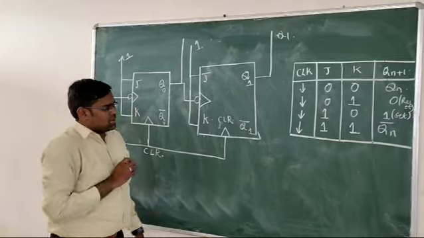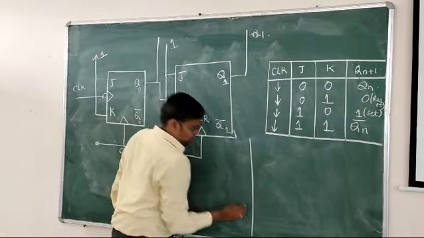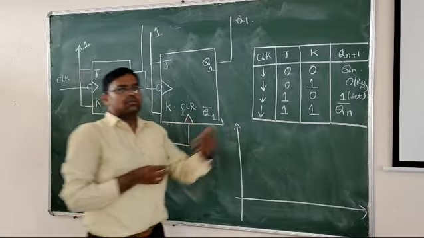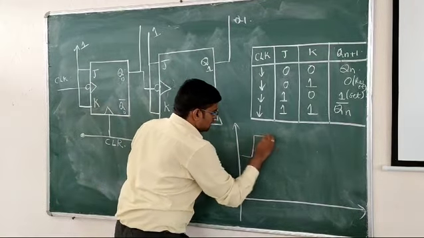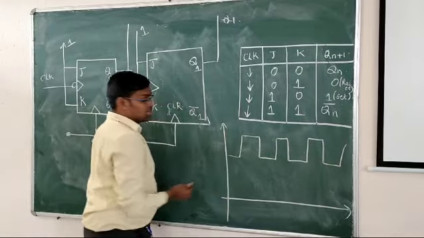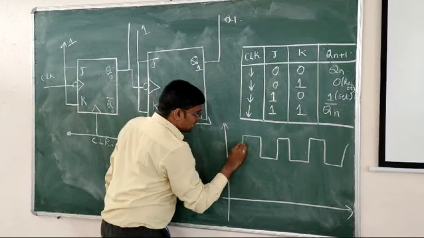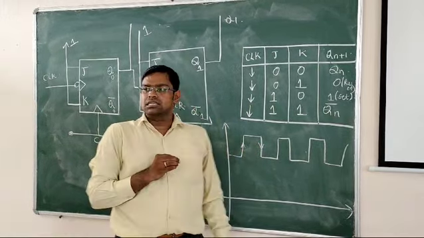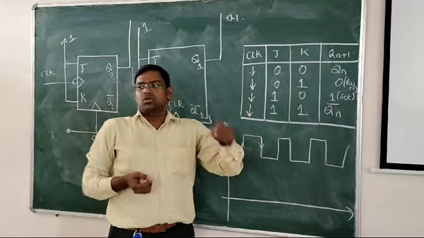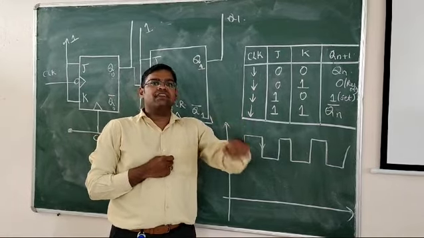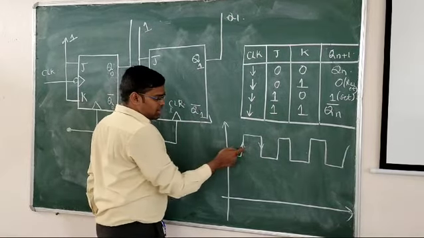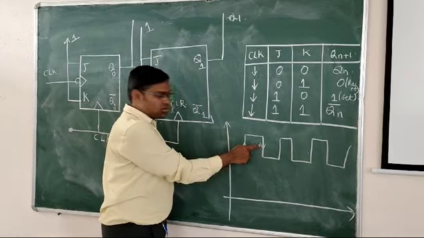Now, let us take the timing diagram. Clock means a continuous toggling pulse: high, low, high, low, high, low. It will go like this. This is called the leading edge, and this is called the trailing edge or falling edge. We have selected a negative edge triggered flip flop, so the count should change whenever the flip flop experiences the trailing edge. The changeover happens every time the clock pulse has a negative trailing edge.